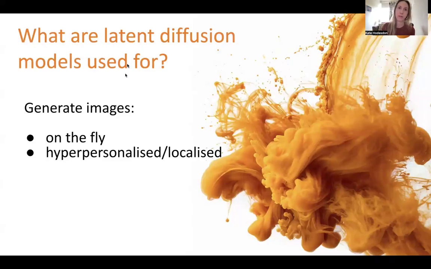So you can trivially personalize images to really fine-grained demographics, which is what I've referred to here as hyper-personalization. Or you can hand that ability to generate things over to your end user, so they can customize what they're seeing in things like video games, for example.